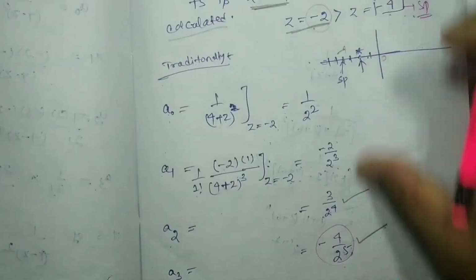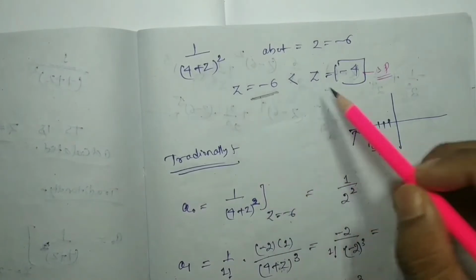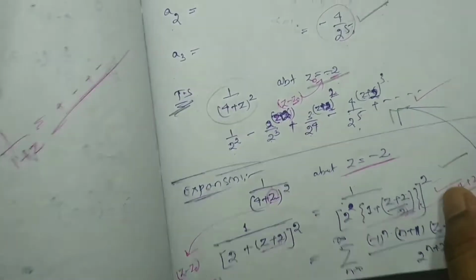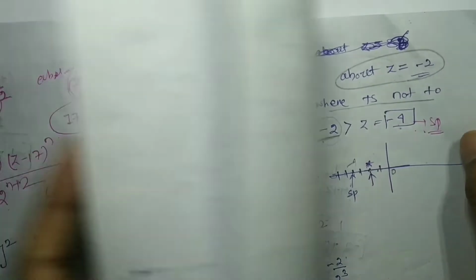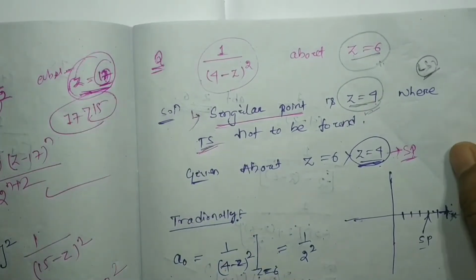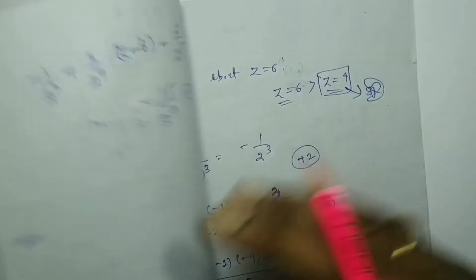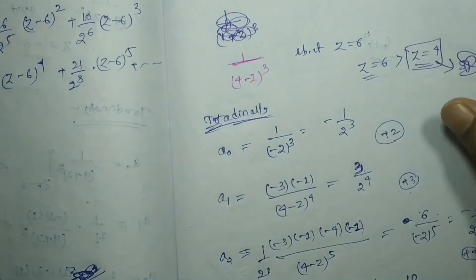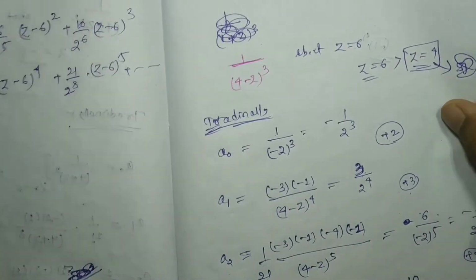And each and every step we have discussed. Okay, and at z equal to minus 6, which is less than its singular point, and how the answer changes depending on whether your point is greater than or less than the singular point, we have discussed in detail in our last class. We have discussed almost all types of questions about Taylor series over around 5 lectures, right? You can follow those lectures.